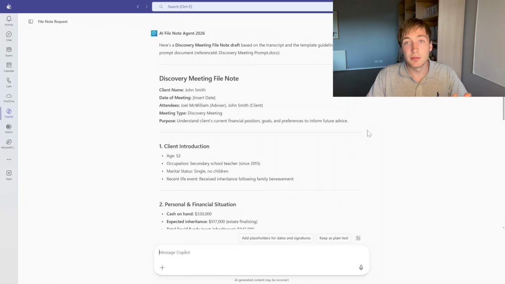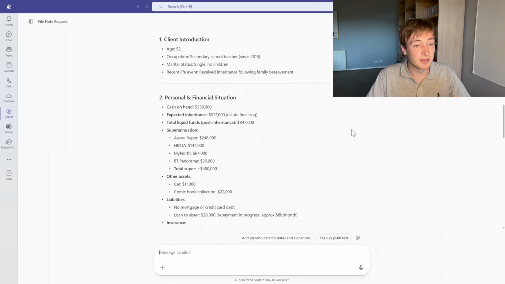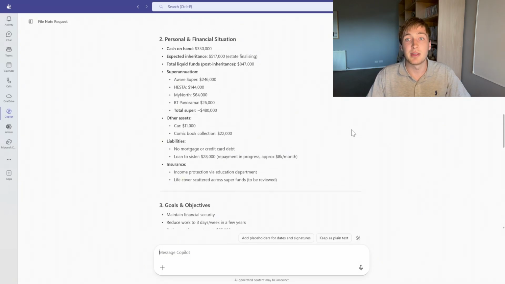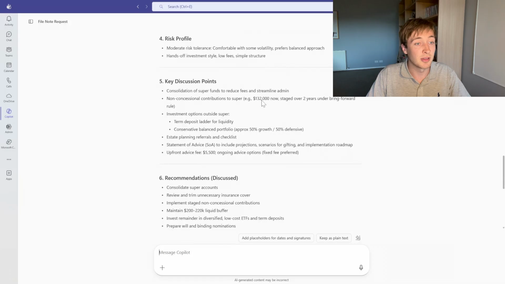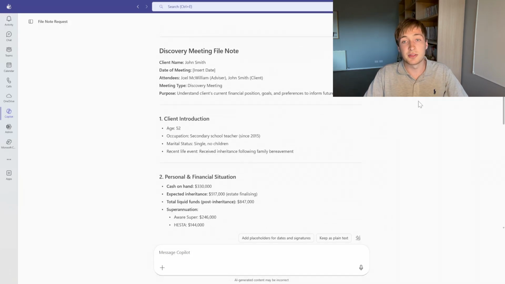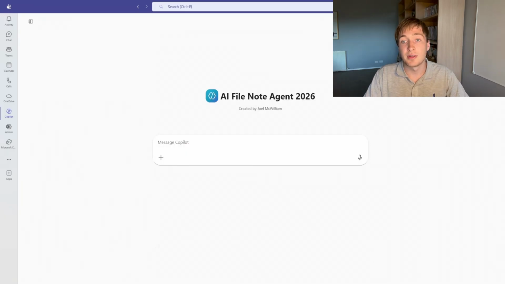Done. So not to look at this too in-depth, but we can start to see all of the information that was within the mock transcript has been captured and outputted within the template that we provided. Again, you can make any adjustments to these templates and prompts to your liking. And once that file note's created in a couple of seconds, I can just click the new chat button up here. So once I've clicked this start a new chat button in the top right here,